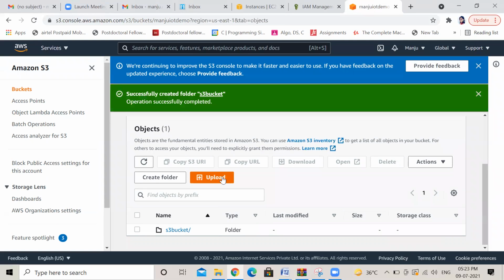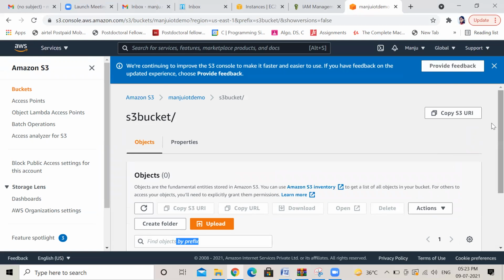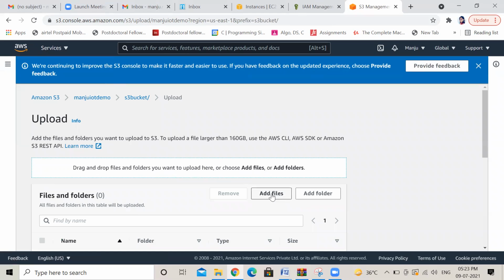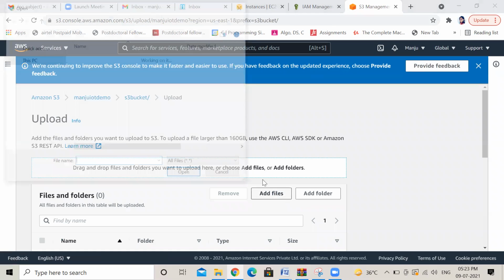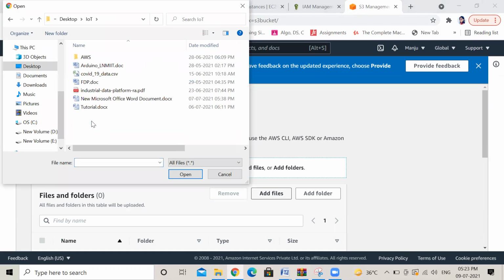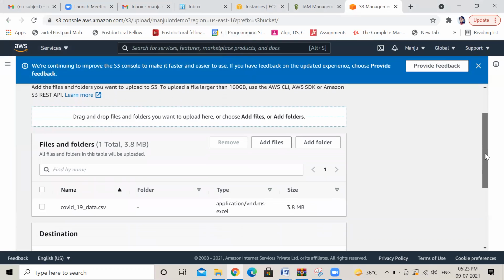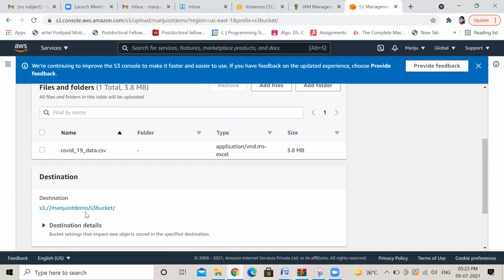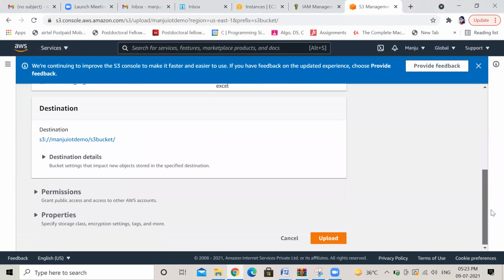Now click on this, no, not there. Click on this bucket first, because inside this bucket you need to save, I mean inside that folder. Now you click on this upload. Click on add file. You can either drag and drop also, or you can select any file also. You can see the path is generated here. Destination, this S3 bucket, right? So this is your path. You can use this path on Jupyter Notebook to run this code. Now click on this upload.